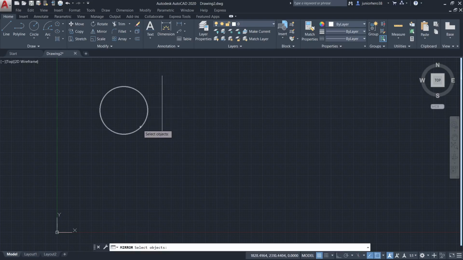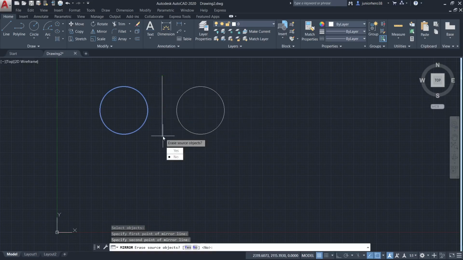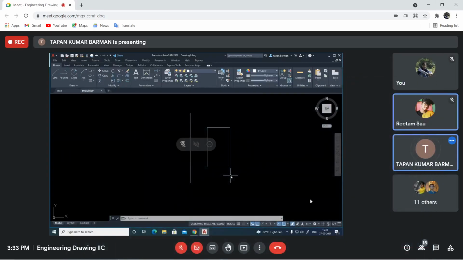Yes, sir. Sir, can it be done without drawing the line in the middle? Yes, definitely, because this is basically one imaginary line. We need only 2 endpoints. Okay, this endpoint, also this endpoint. Without the line also it is possible. The only information I need to provide is 2 endpoints of the line. That is called the mirror line.